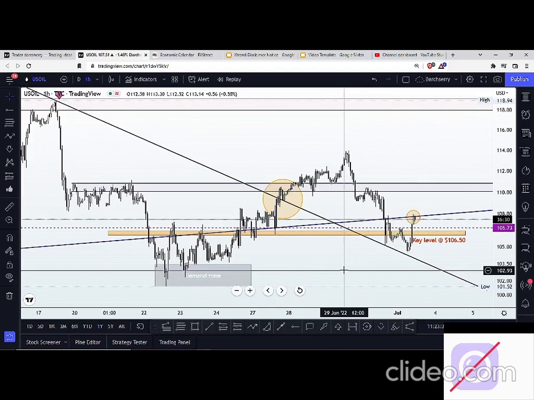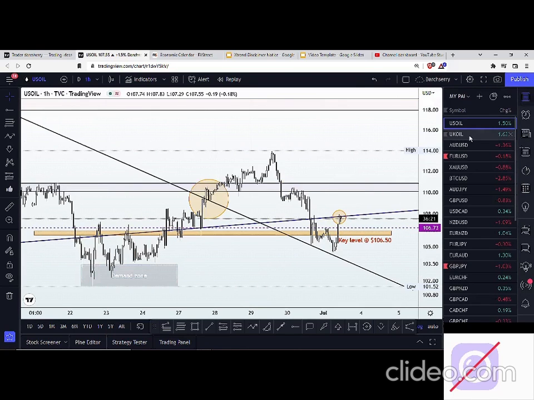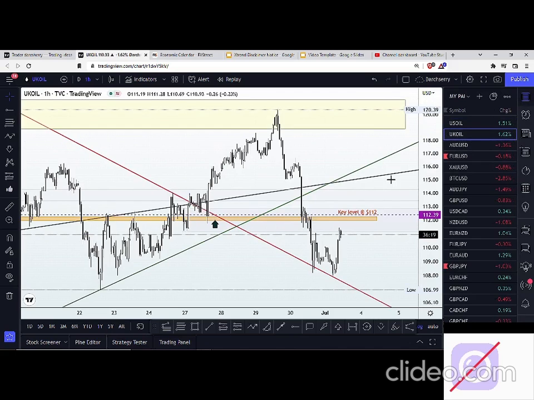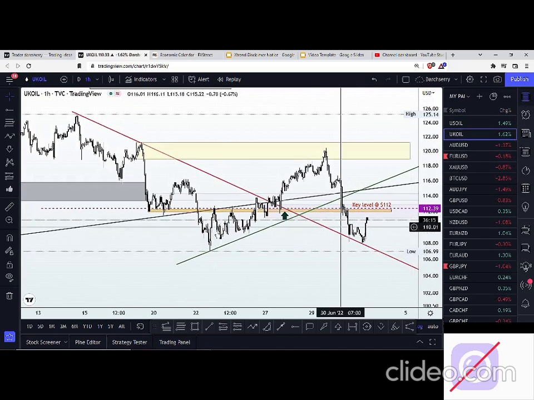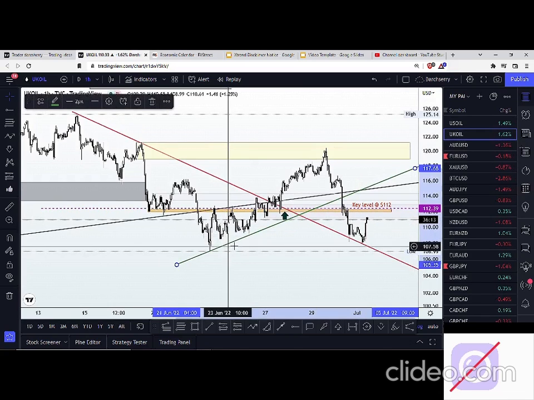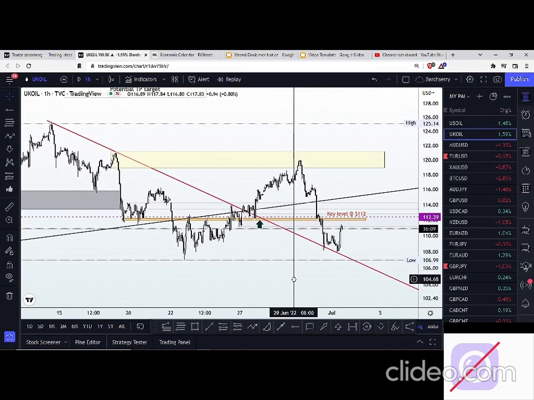Happening. We all know that on the UK oil, we always do have a similar scenario with that which we have on the US oil. And so, lo and behold, we have a structure to guide us. Now, we've enjoyed a bullish momentum since the beginning of the week as price came into the $120 area,